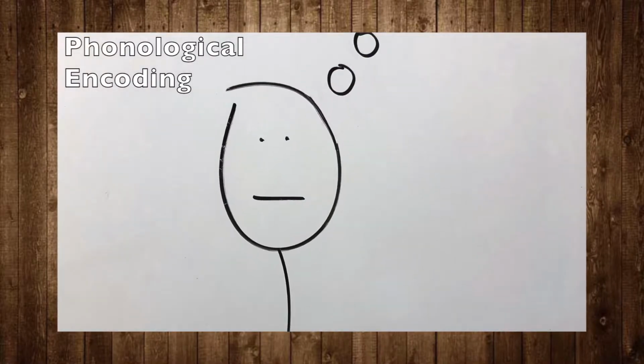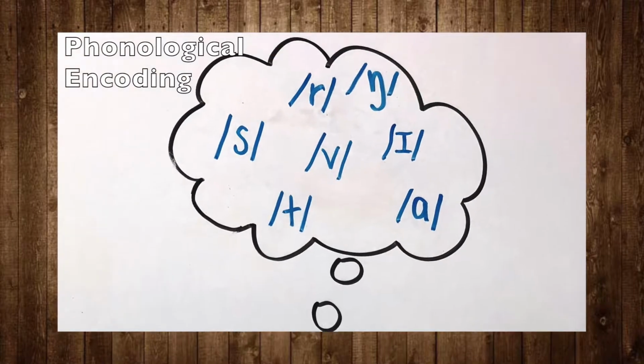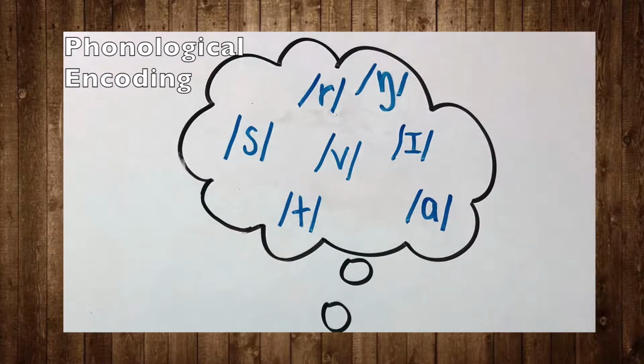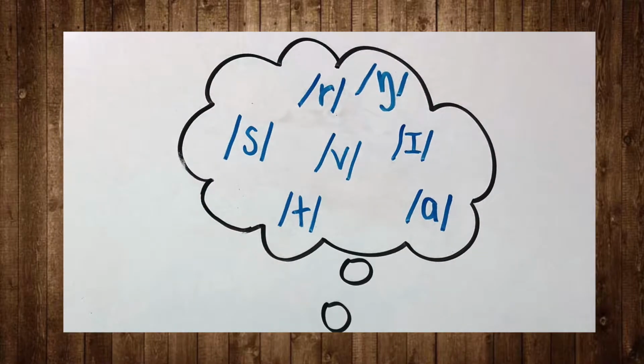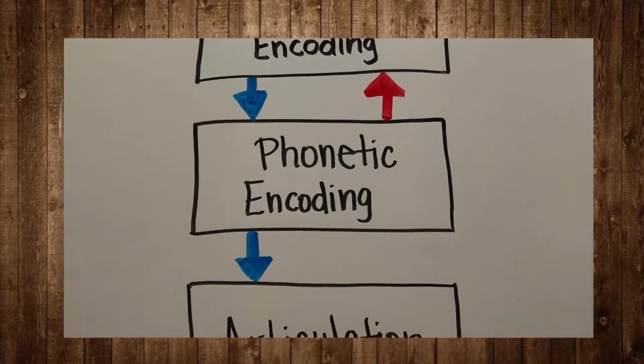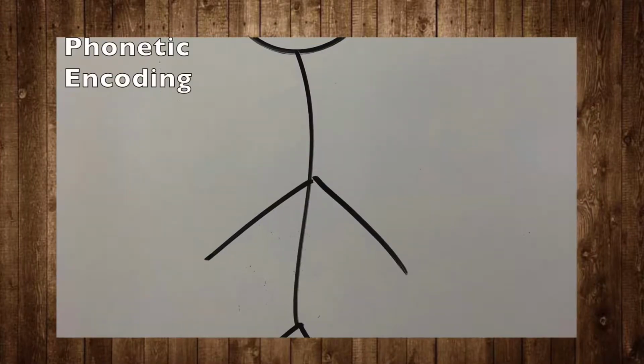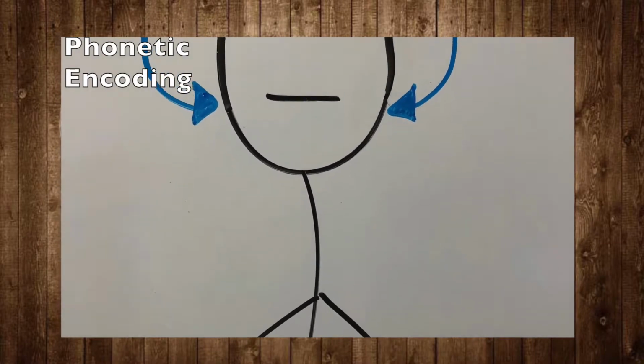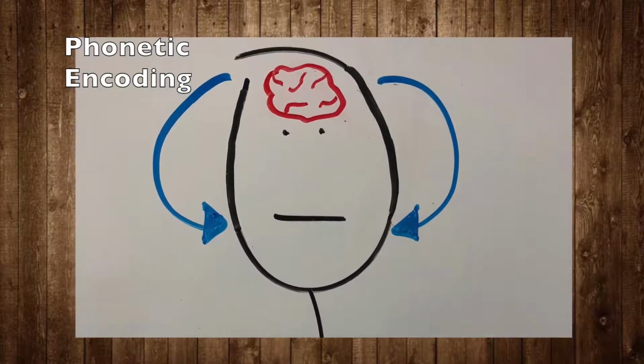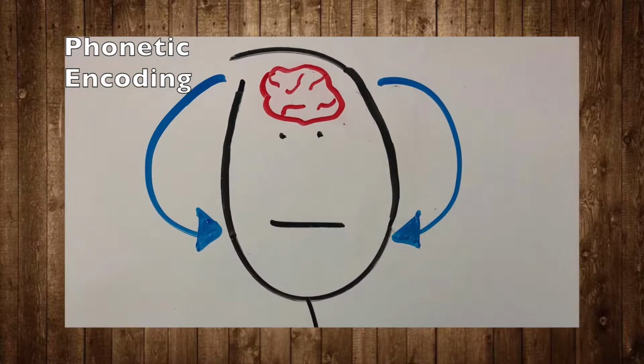The next step, phonological encoding, helps us choose all the sounds, or phonemes, that are needed to pronounce that word. In the phonetic encoding stage, our brain sends messages to the muscles that we use for articulation. This information sent consists of the motor movements necessary to produce each phoneme in the word.